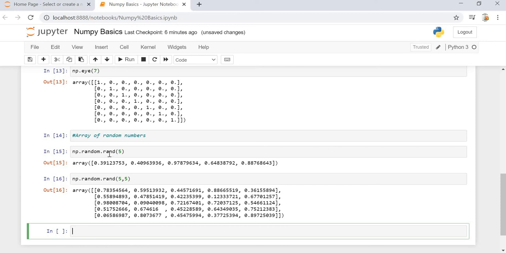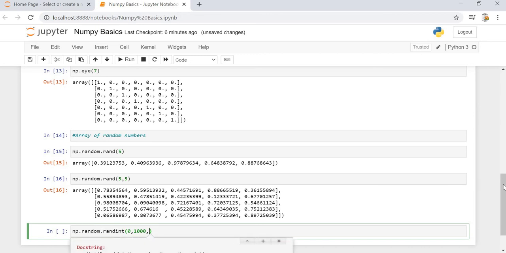We also can have random integers not ranging from 0 to 1. Whenever you are creating a random number array this way, each time it is creating numbers between 0 and 1. So if we want an array which is not in the 0 to 1 range, we can create it in this way: np.random as usual, dot randint. In randint we have to specify the low value, which is let's say 0, and the high value, let's say 1000, and then the number of values we want.